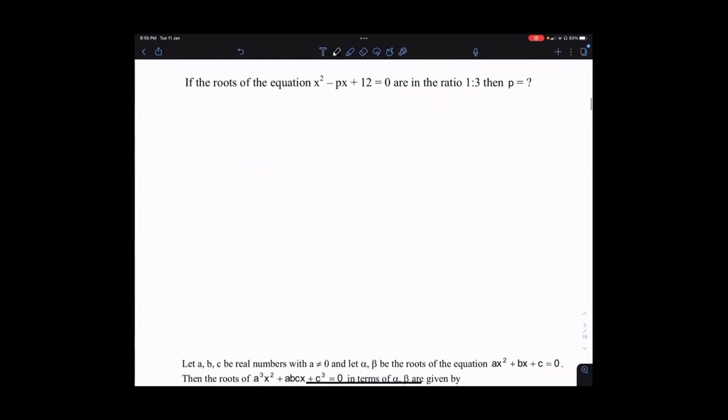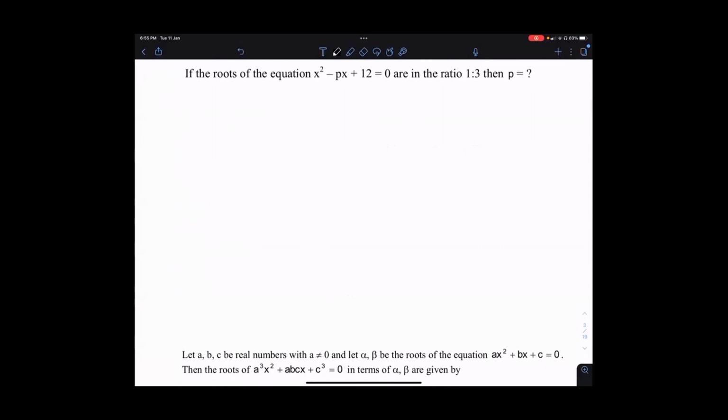Next one. Another question which is on the roots only. Whenever you get questions like this, where the relation between the roots is given, here they have told that the ratio of the roots is 1:3. This condition can be anything, like one root is 3 more than the other. Basically, if the ratio between the roots is 1:3, one root is alpha, the other root is 3 alpha. Now what is the sum of the roots? 4 alpha. It is nothing but minus b by a, which is p.